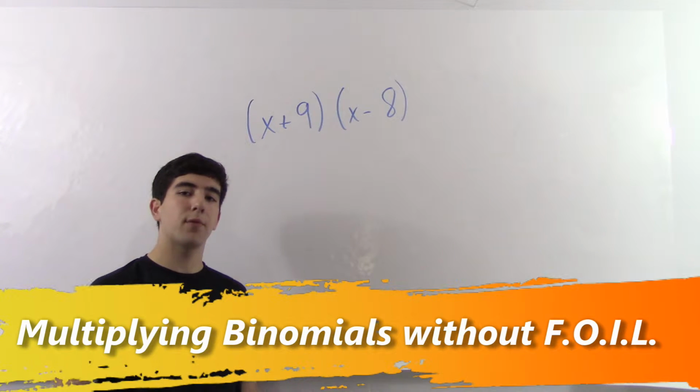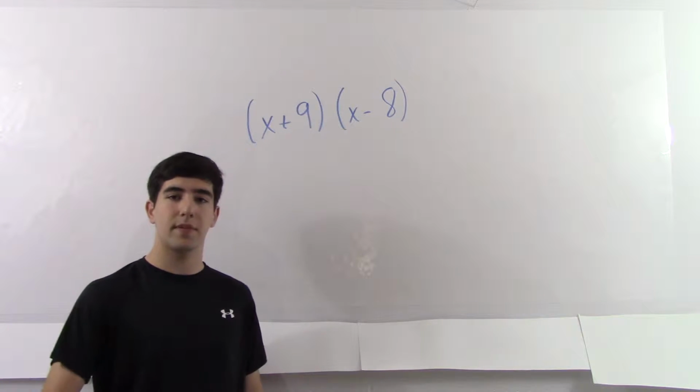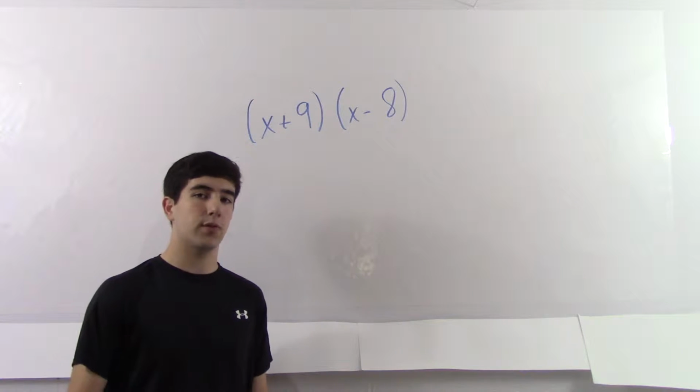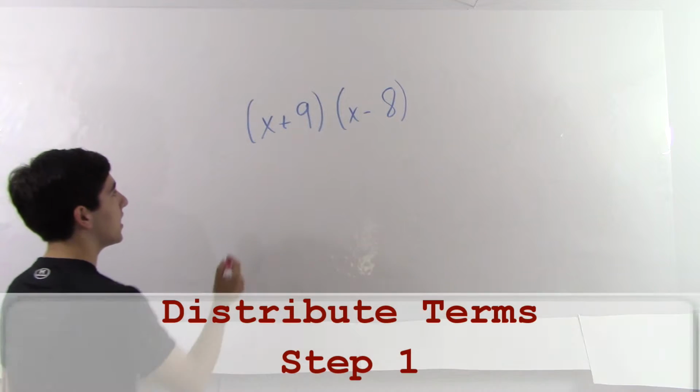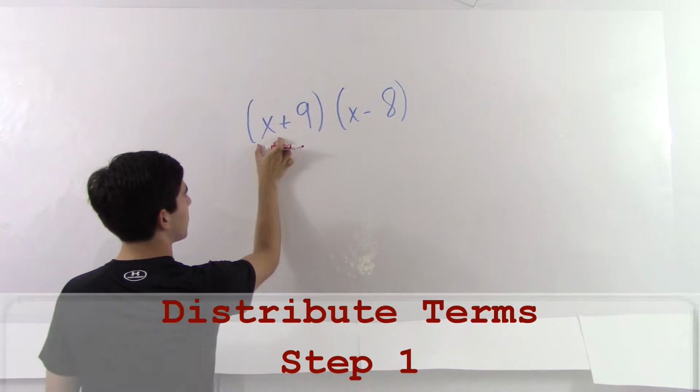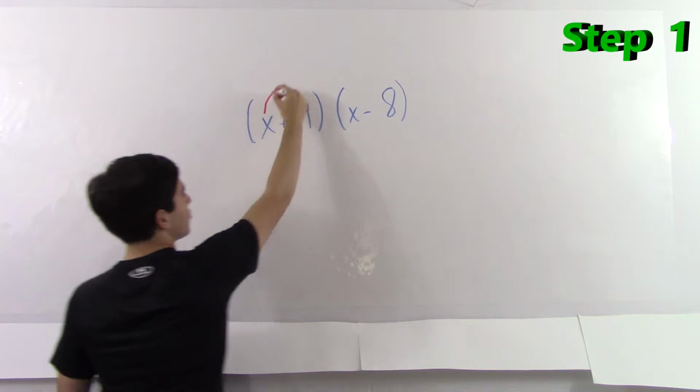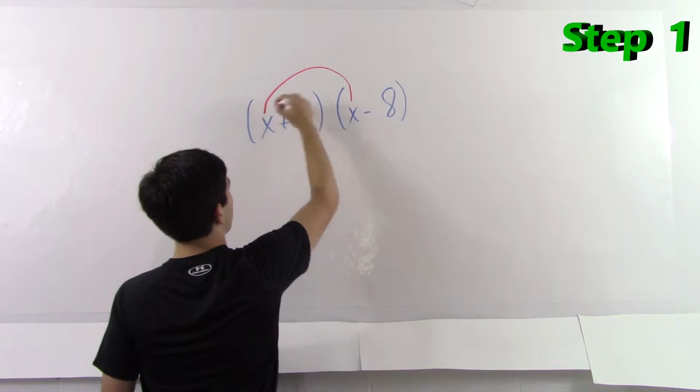Now, if you can't remember what FOIL is, you're stuck in the middle of your test, you just can't remember what each letter means, there's another way to go about doing this. In this case, it would still be a 3-step problem. Our first step is take your first term and distribute it to both terms